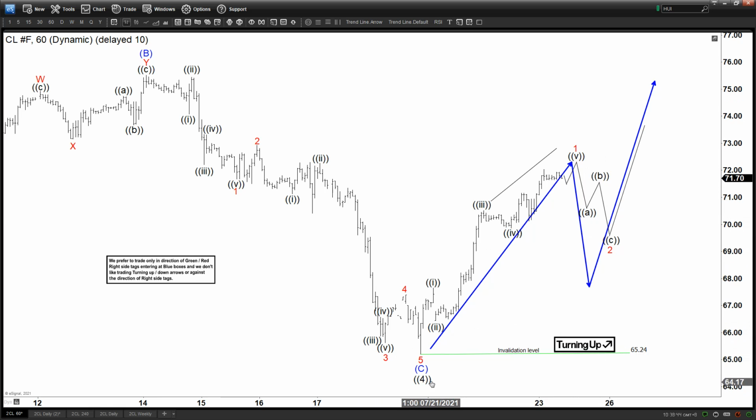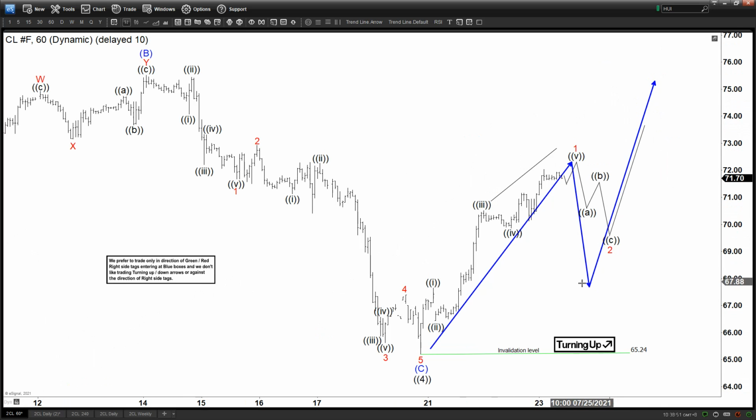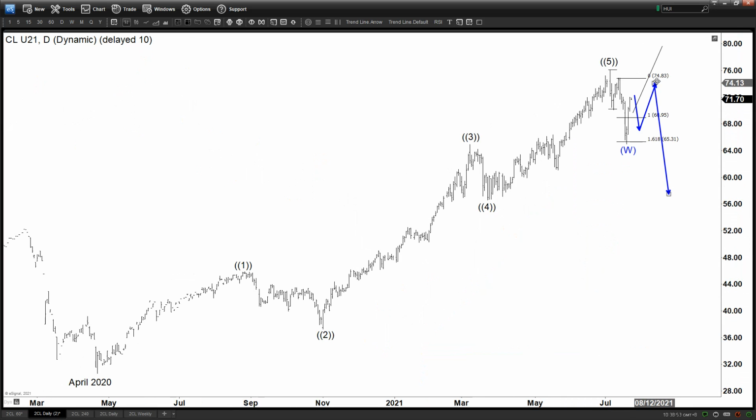If this view is correct and this is wave 4 and we get extension higher, then the pullback is going to be wave 2, and then we're going to extend higher, and the extension higher should be wave 3, and then we can potentially break to a new high. But if the alternate plays out, it will just be an ABC, and then it fails again and can be doing a double correction. Another possible alternate, again, even in this third alternate, you should expect most likely one more